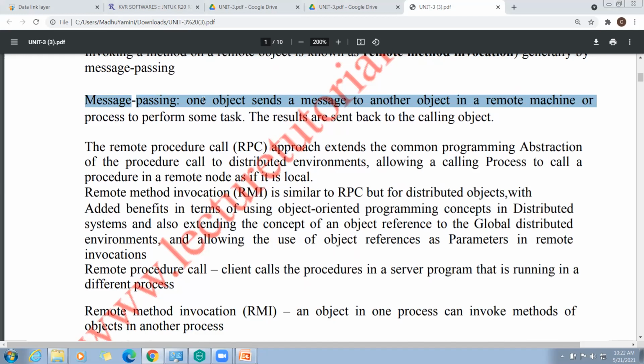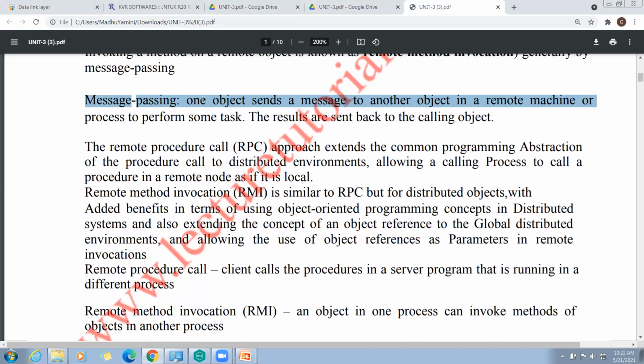Why does one machine's object want to access another object? Because it needs to perform a task. The results are sent back to the calling object. This is called message passing.